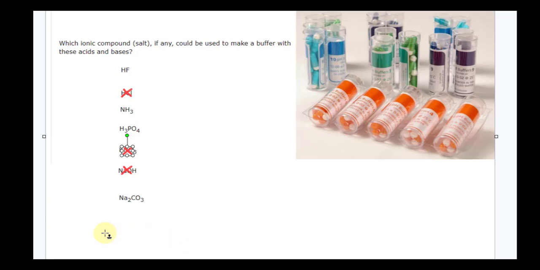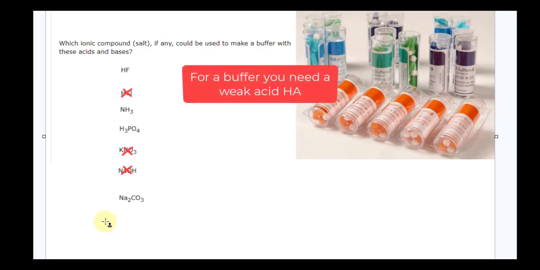We can forget about the others in terms of buffers. So knowing strong acids and strong bases and our spectator ions is going to make your life easier on this problem and all the other buffer problems. If you can identify the HA and the A minus, you're on your way to solving 2/3 of that Henderson-Hasselbalch